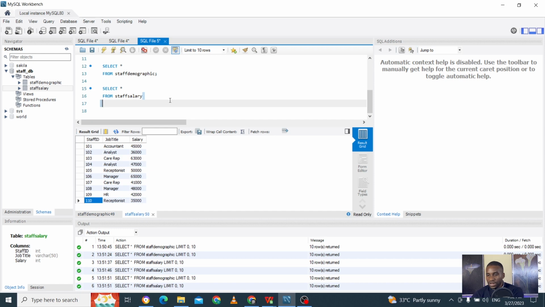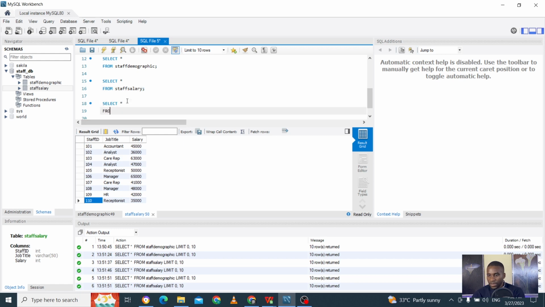So in the last video, we saw how to do a left join, right join and inner join. So we said we could do select star. Let me close this. Select star from. You can take any of the tables, like the left table. This time around, I'll take the staff salary as the left table. In the last video, we took the staff demographic table, so I'll take the staff salary. It doesn't matter; you just might want this to be the first few columns of your table. So from staff salary, then you go to join,